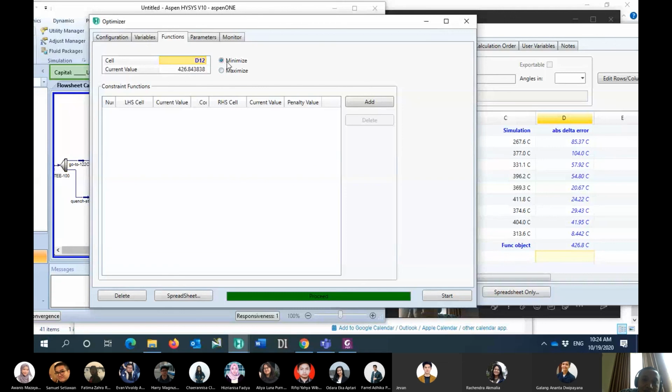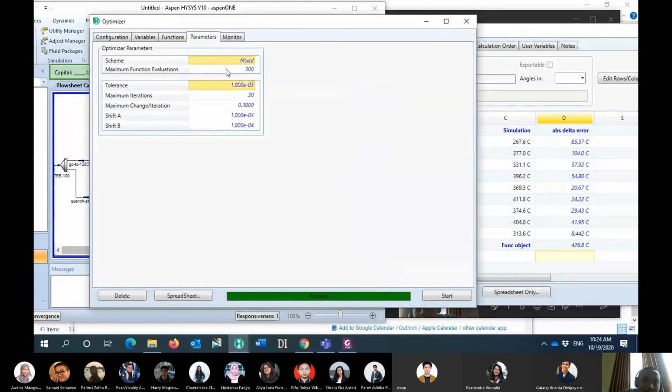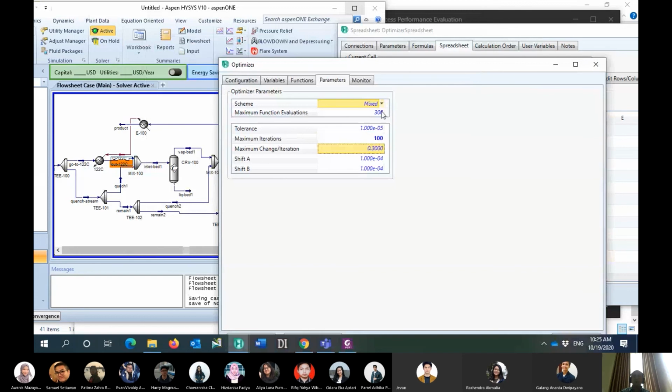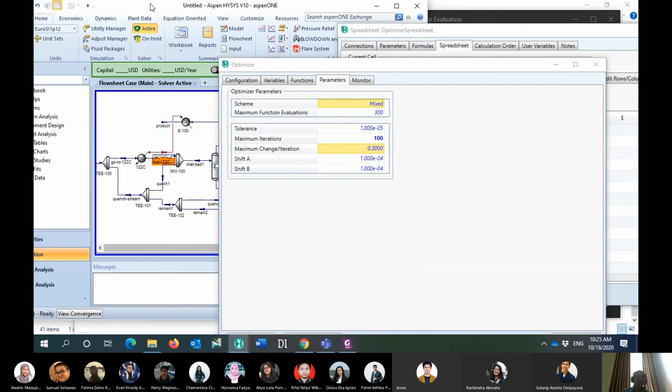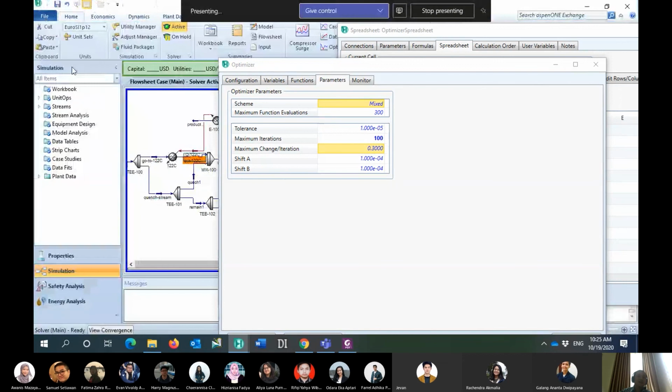So what we have to do is put it minimize and then go to the parameter. This one is this one. Usually I just increase the maximum iteration, for example, 100. And remember, before starting the optimization, please save your file first.